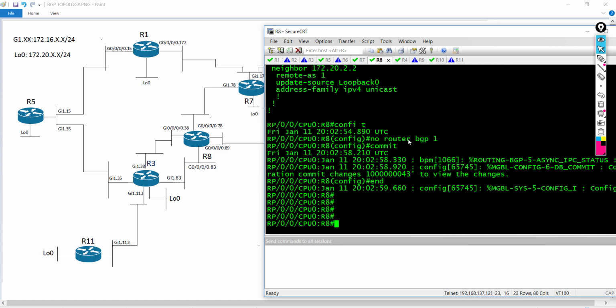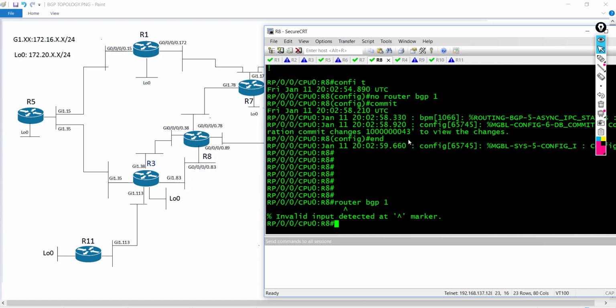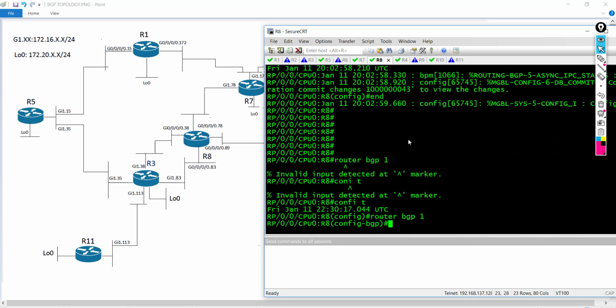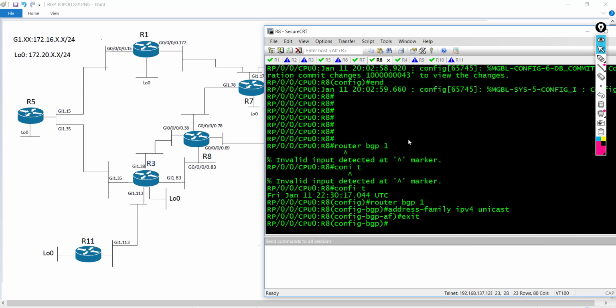It's an XR router, so it's an IBGP pairing. So I'm going to say router BGP 1. Go to the global config mode, router BGP 1. I'm going to enable the address family, which is IPv4 unicast. Alright, so I'm going to exit out, and then for neighbor, it's going to be